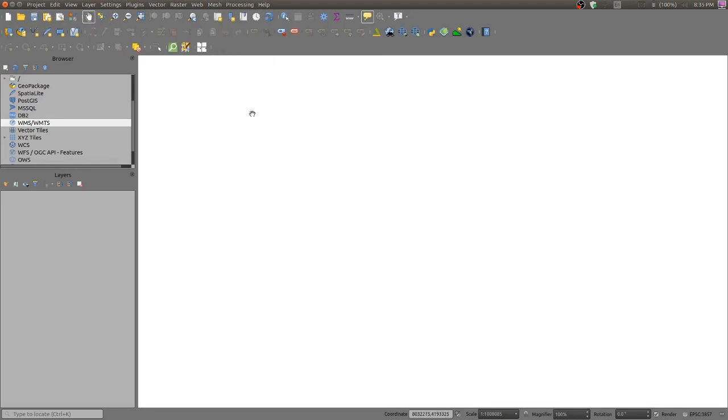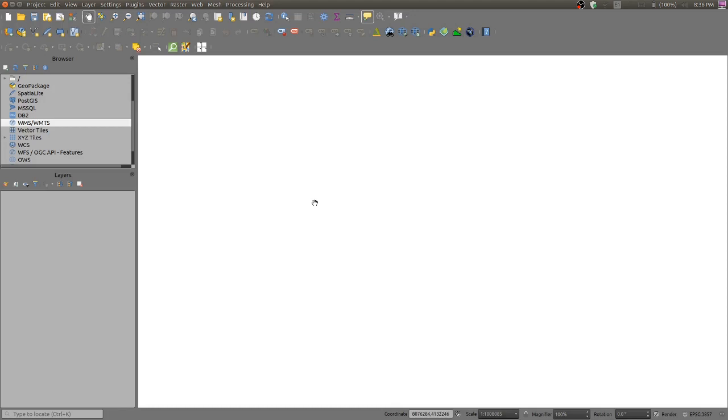Now, for this training purpose, we will be needing some digital elevation model files, which I will be telling you how to download from different sources.